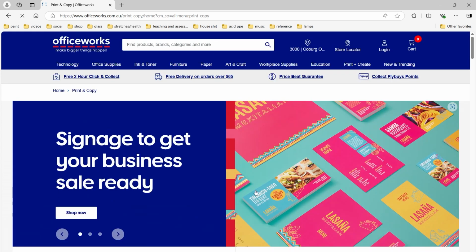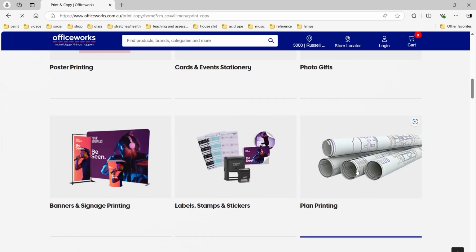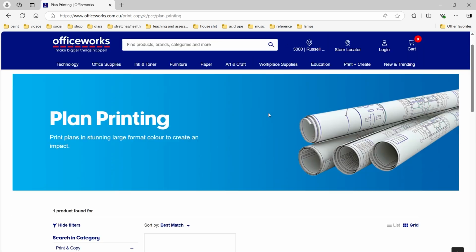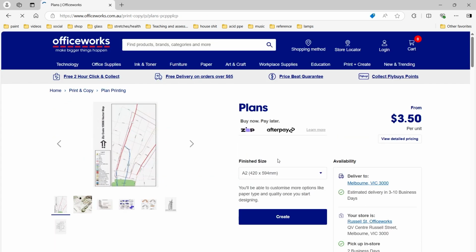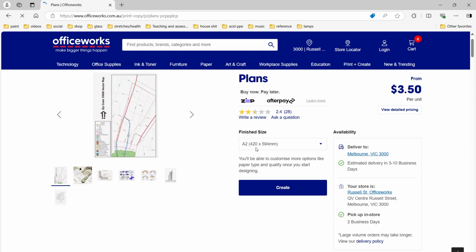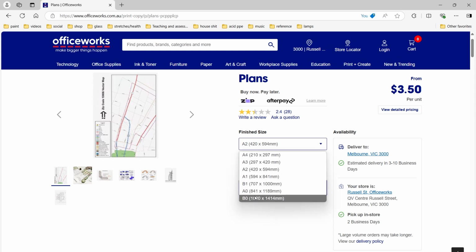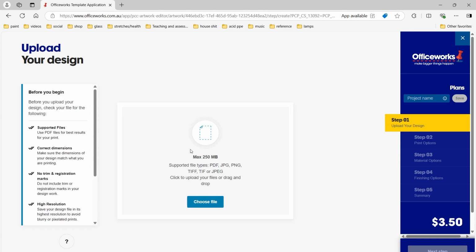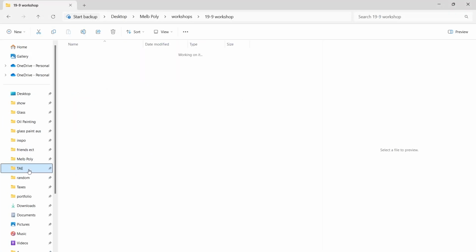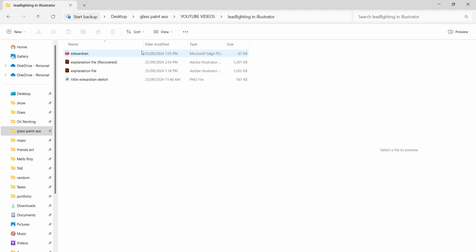And I'm going to scroll down till I find Plan Printing. And then we can see there's just one selection here, it's Plans. And then you can see A2, which is the size that we just built the file for. I'm going to hit Create, but there are other options as well. So you could create your files to these sizes, put your designs in, and then send it through this service to get printed. So just going to drag in this file,